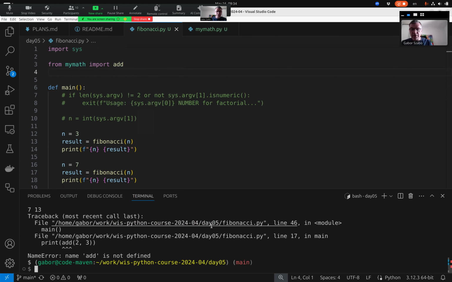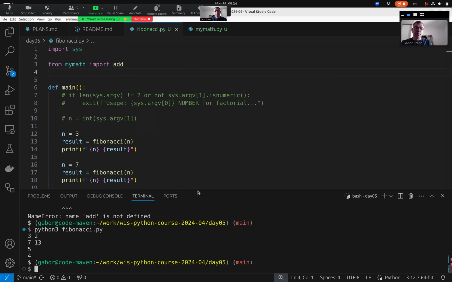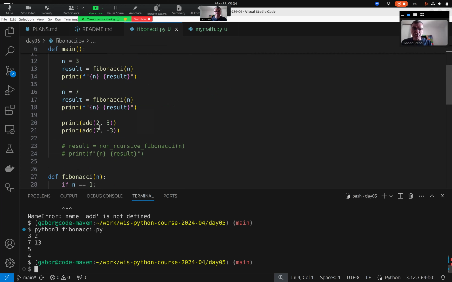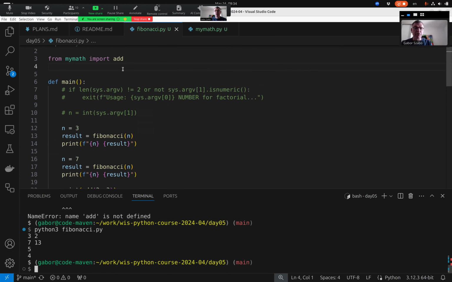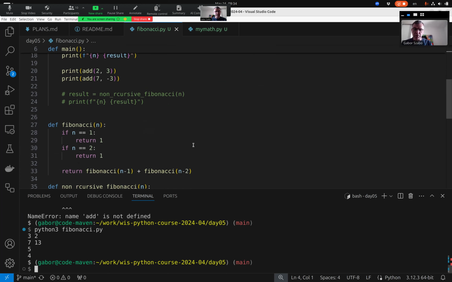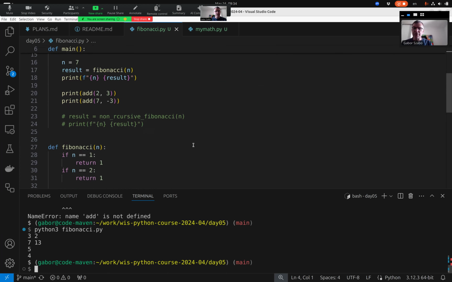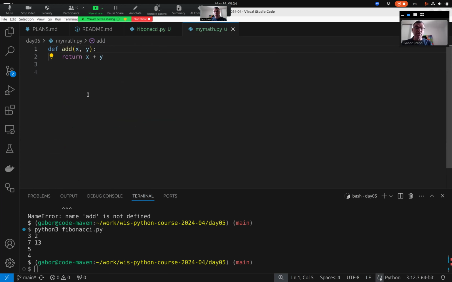So now I can run the program and it works. Because what I say is, find that mymath.py and import the add. Now I have the add function. So when Python comes here, it will find the add function because it was imported from somewhere. In Visual Studio Code, I can even click here somewhere. If I find the add, I think I press Control and click on the add, and it will jump to